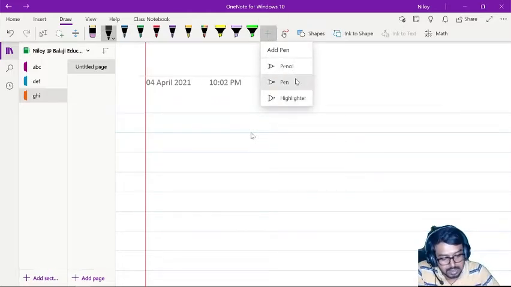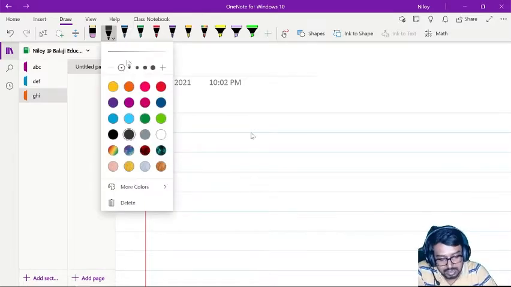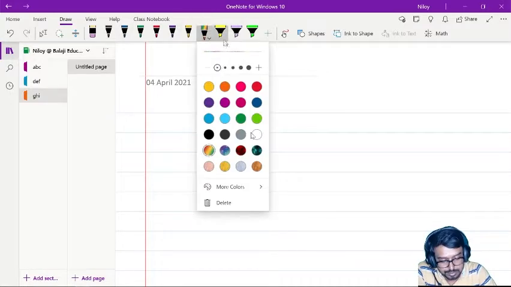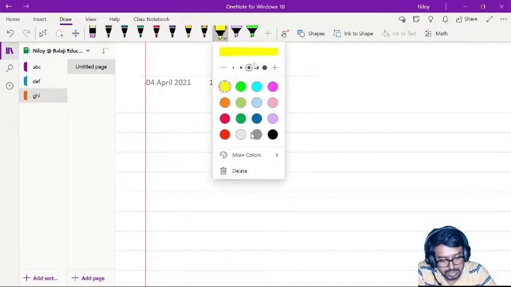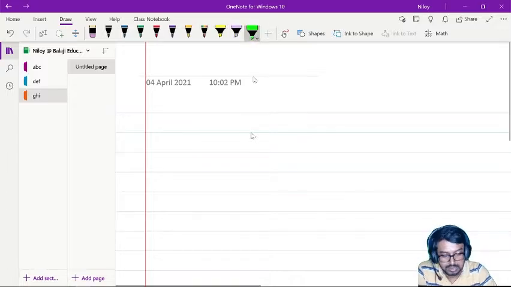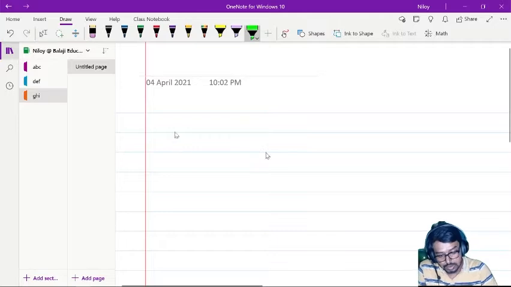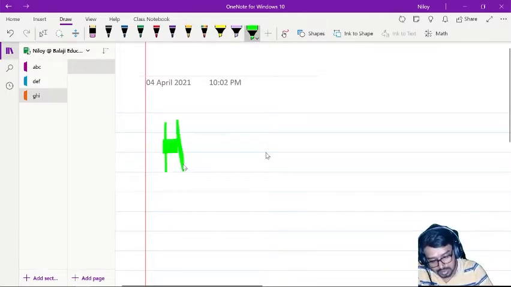Here you have pen, highlighter, pencil. I use the nib size in the smallest portion, and for the highlighter the medium portion. It's my personal preference, yours might differ. So let's try something. Oh, using the highlighter. No, I don't want to use the highlighter.